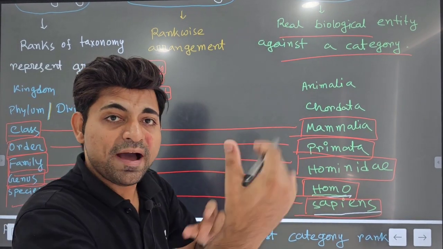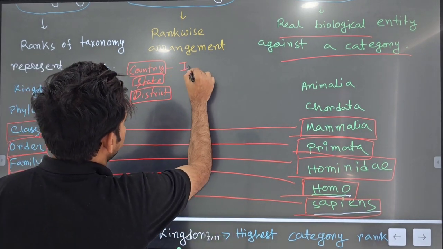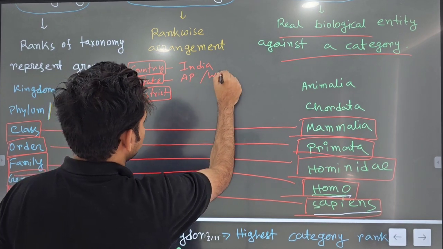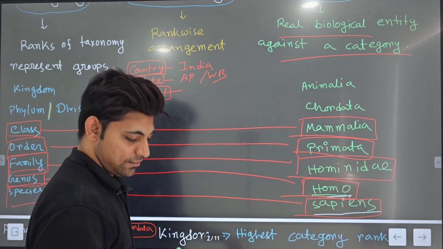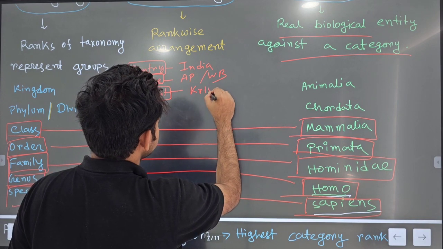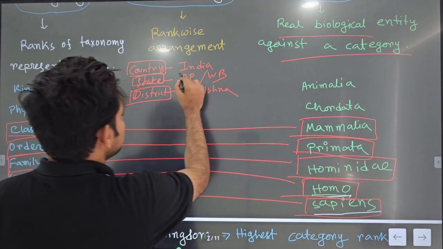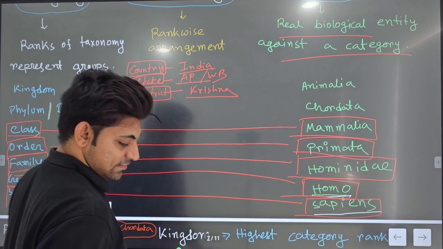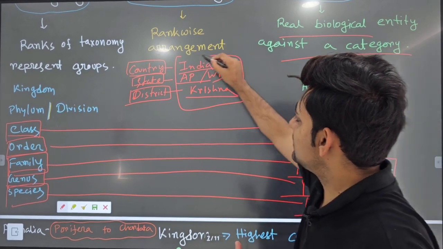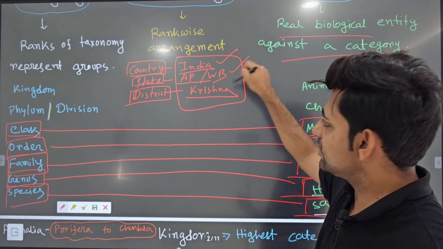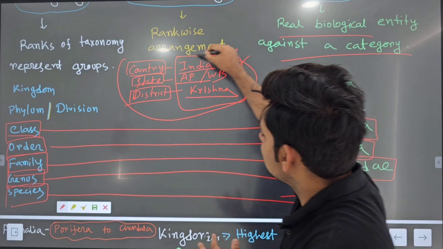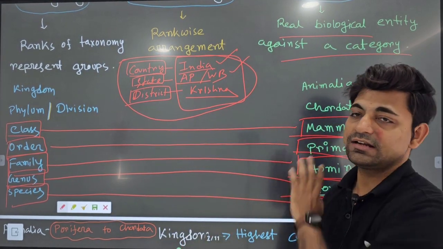Now what is the actual geographical entity for the country? You will write India. For state, you will write Andhra Pradesh; for me, it's West Bengal. For your district, you will write your own district, like here in Andhra Pradesh, the district is Krishna district, right? So India, Andhra Pradesh, Krishna, these are taxons. These are taxa; a single one is called taxon. With this example of address, you can understand what categories and taxons are.